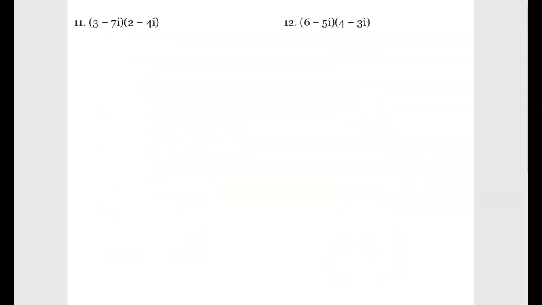Okay, 11. So what we're going to do is FOIL. So again, a binomial times a binomial says to FOIL. So you're going to do first, outer, inner, last. So you get 6, negative 12i, negative 14i, positive 28i squared,